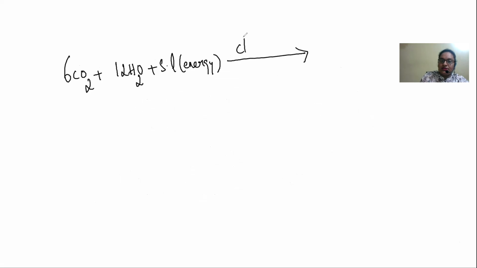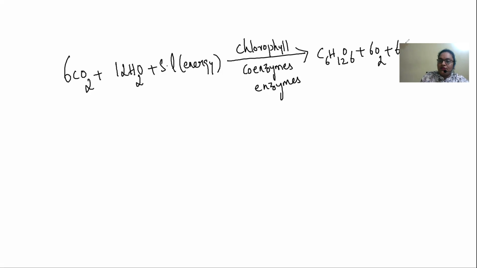Okay, now coming to the same equation, let us see in depth what actually is happening. 6CO2 with 12 water molecules with the energy from the sunlight. We require this, and it even requires the main pigment, chlorophyll, as well as the presence of coenzymes and enzymes, which result in the formation of the glucose molecule along with a byproduct of oxygen as well as water